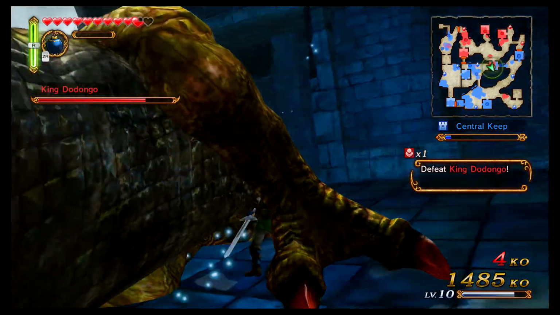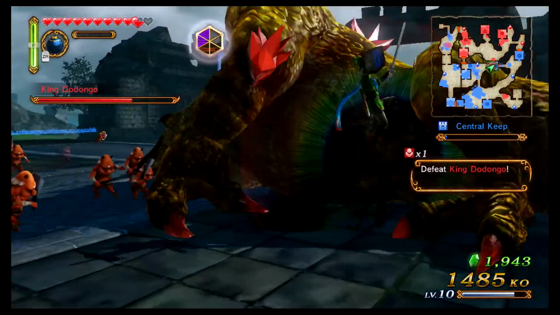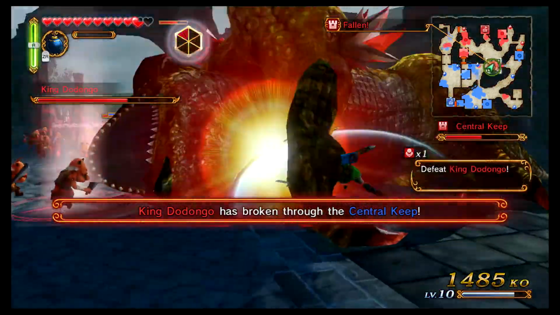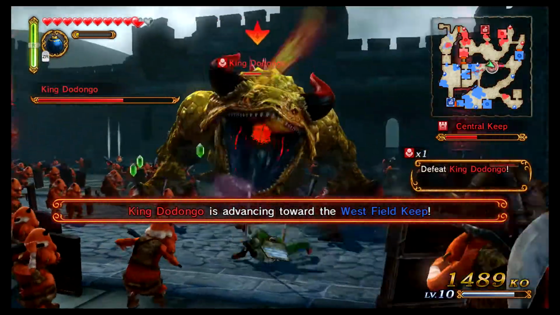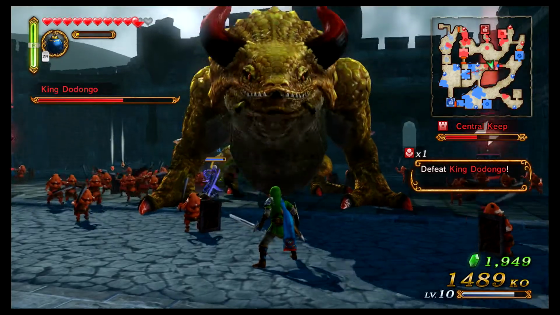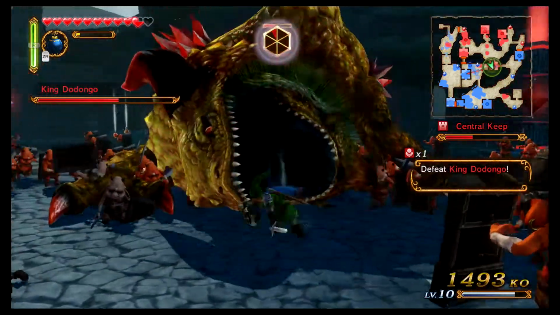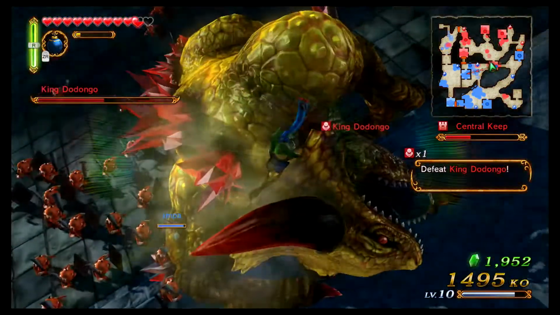Hyrule Warriors is also probably the nicest looking Zelda game ever made, at least from a technical perspective. Characters look incredible, and the amount of enemies on screen at once is just amazing. I didn't really experience any slowdown while playing the single player campaign, and the nods to the previous Zelda games are literally everywhere. It's true the level design isn't anywhere near as complex as a traditional Zelda dungeon, but man,